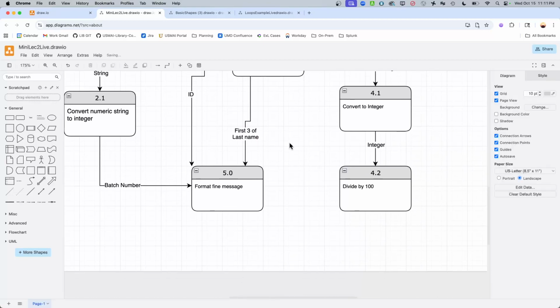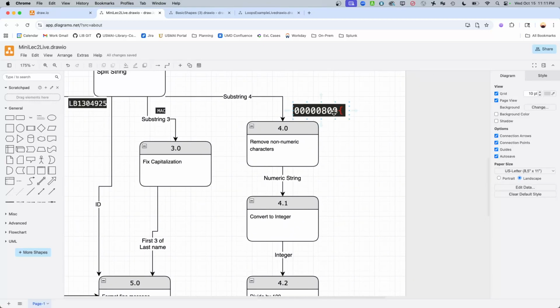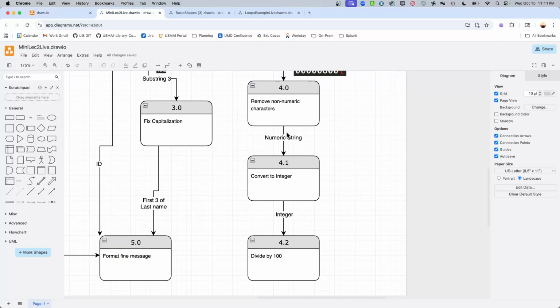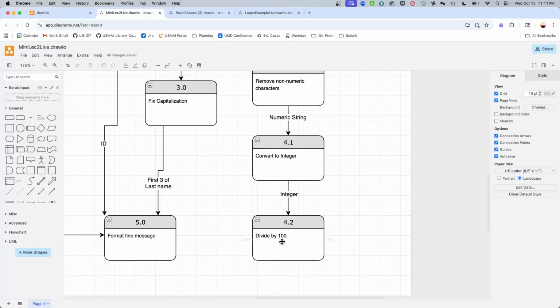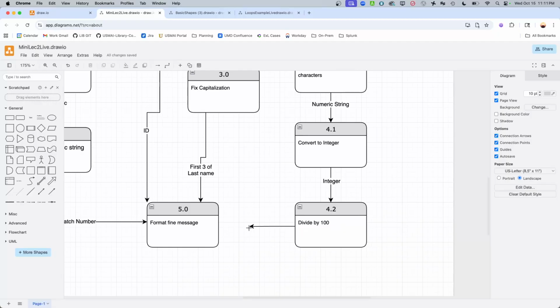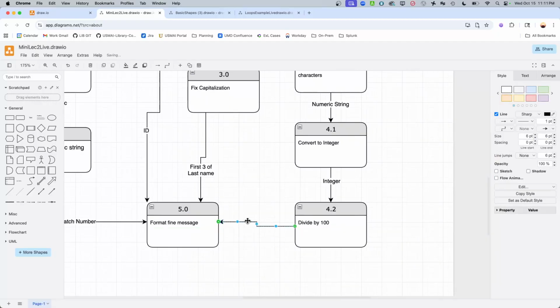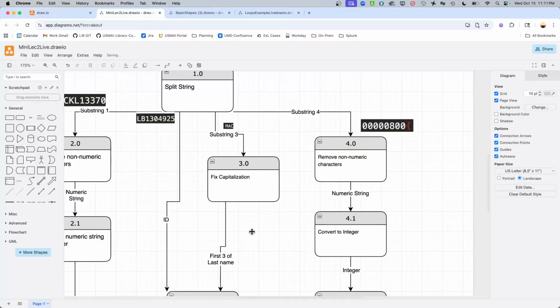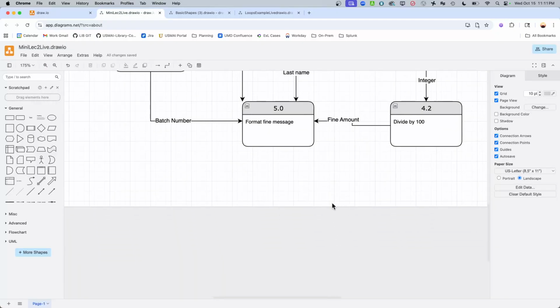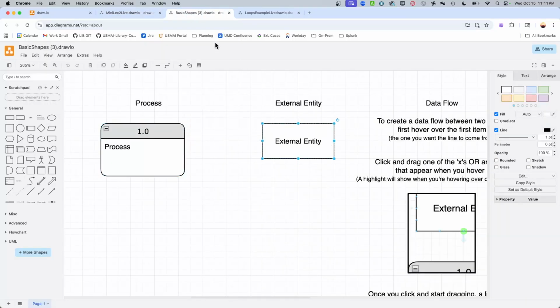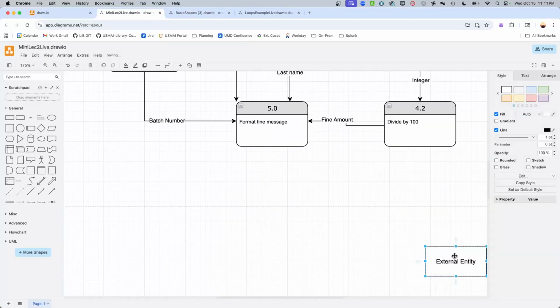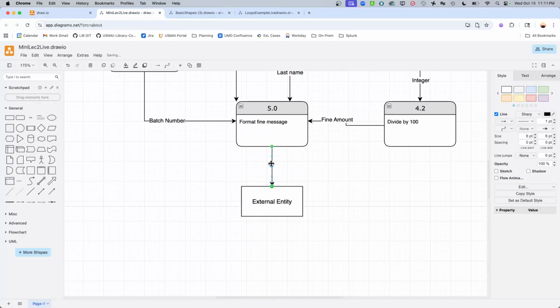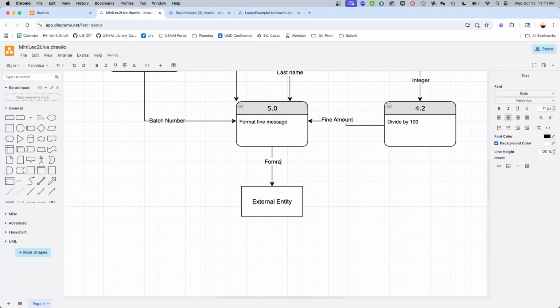And lastly, what do we have here? Well, we've been working with the fine amount. We've removed the non-numeric characters. We've converted it to an integer, and then we divide it by 100. So what we get is the fine amount. And then lastly, we could just display the fine message to the user. So I'll just copy an external entity from this page here. And then we'll do formatted